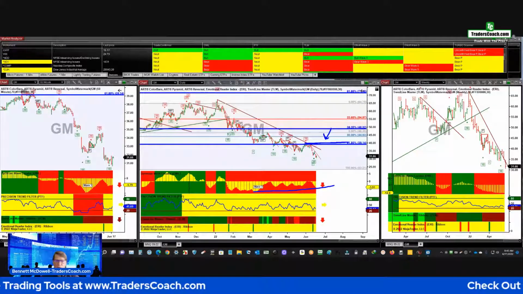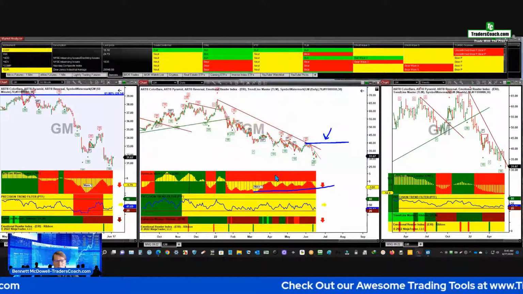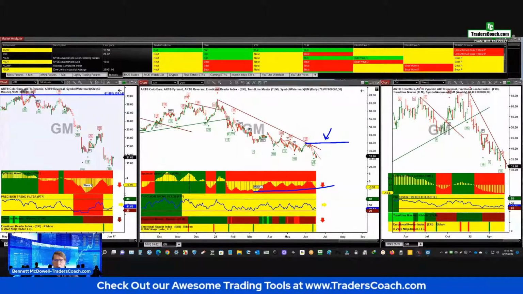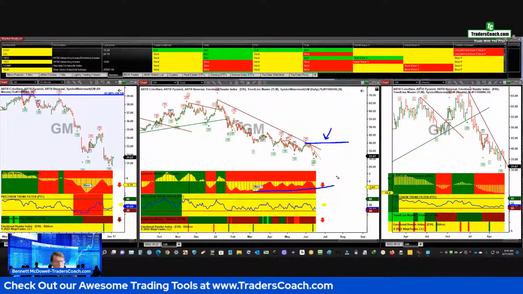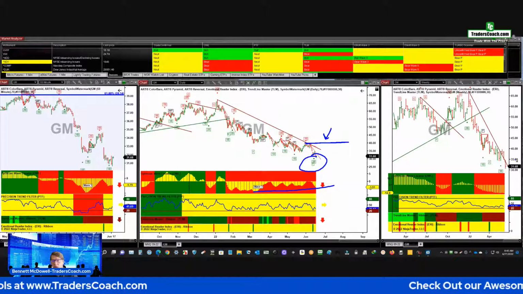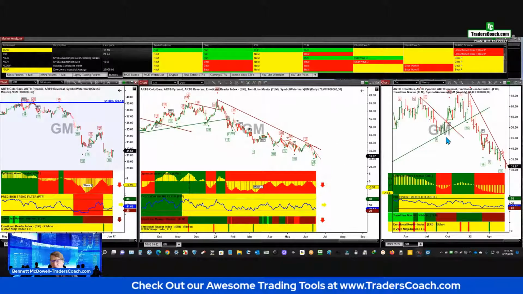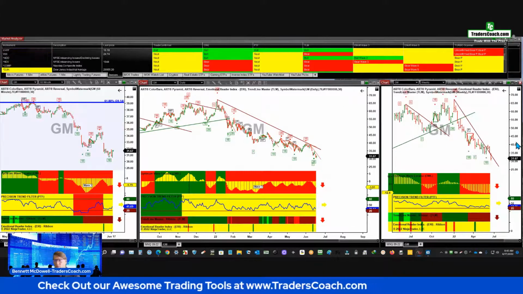And let me just remove those fibs because I think they're kind of confusing having those there. So let's just remove those. So that's kind of where I would have your stop. I don't know how large your position is, but I would probably scale out at some of these down here. So I think you're going to get a rebound on this, and the rebound could be to $50. So you've got to be careful here not to get stuck giving your profit away.